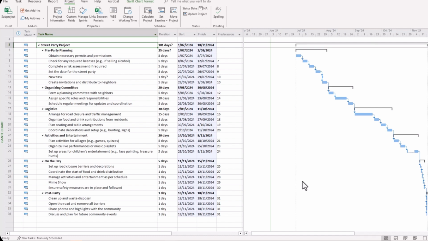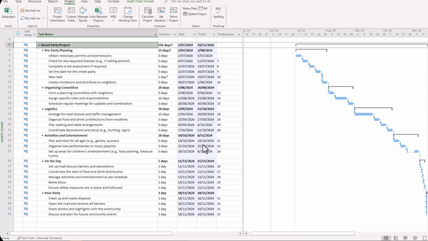So it automatically will shift your tasks and their dependencies in that manner.